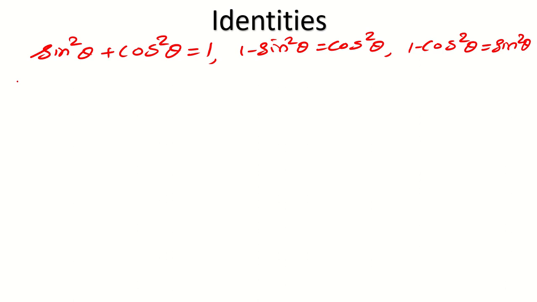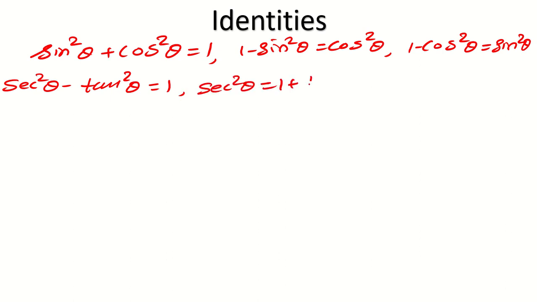Now another identity is sec square theta minus tan square theta is equal to 1. It means sec square theta is equal to 1 plus tan square theta, or tan square theta is equal to sec square theta minus 1. Similarly, you can have